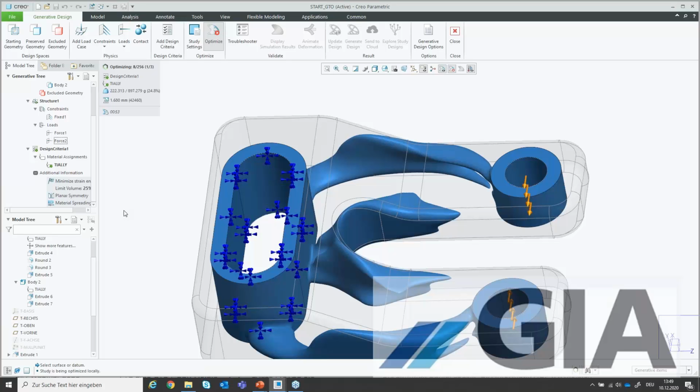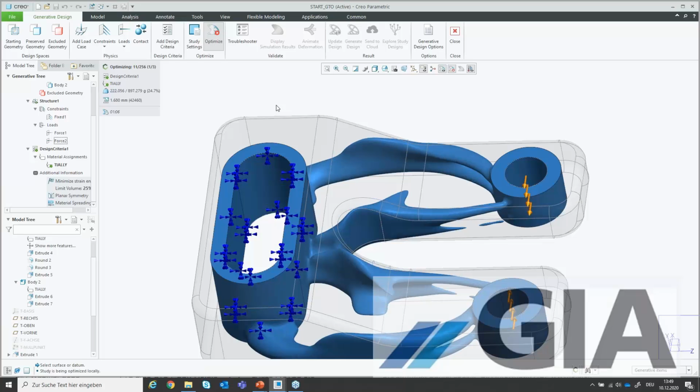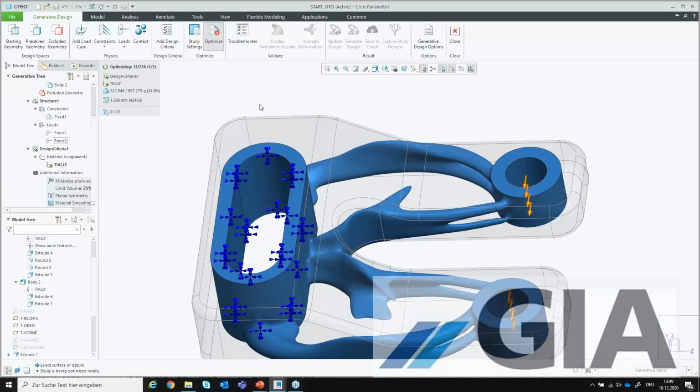Unfortunately, we cannot see during this optimization, let's say, the stress results or the deflection results. This is only available at the end of our simulation. This simulation will last about here 3 to 4 minutes, depending on what's my workload on the computer with other applications, and therefore I